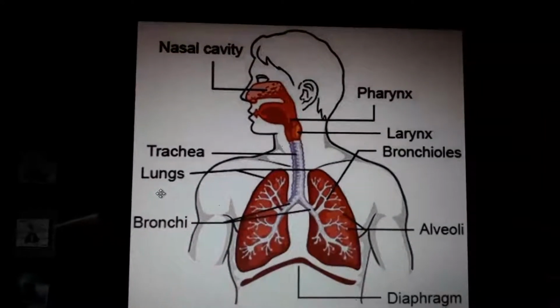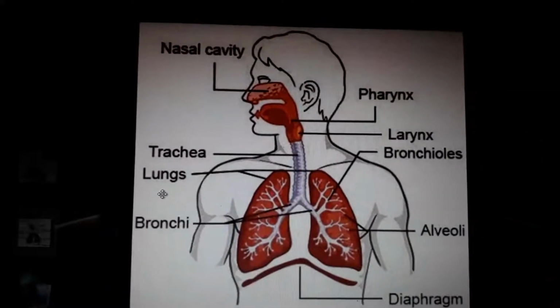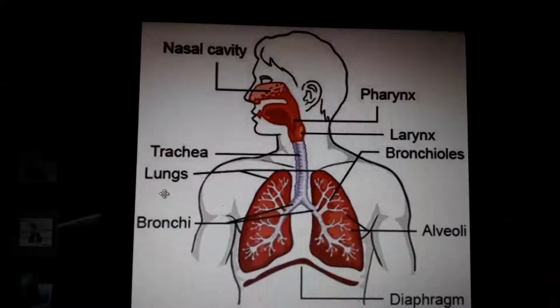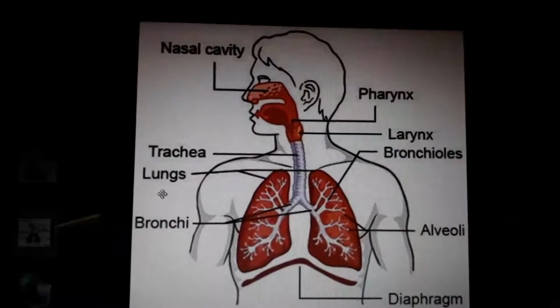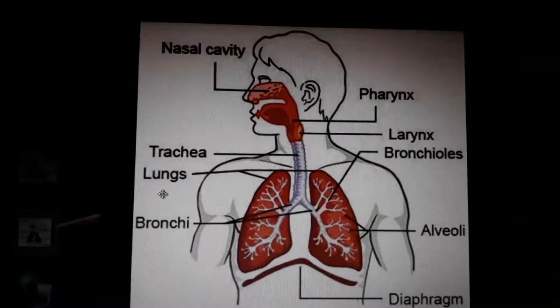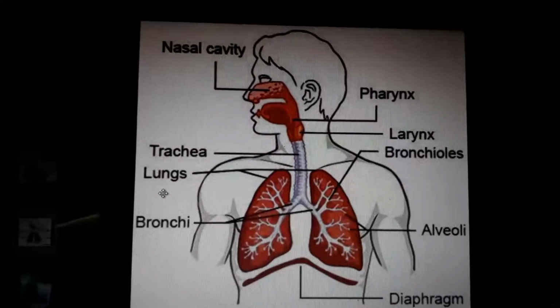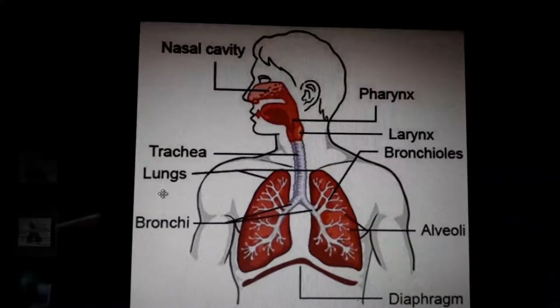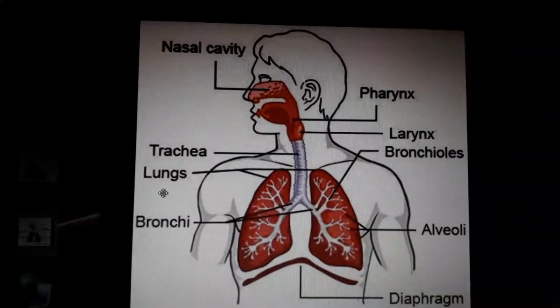This is the second part of the portion of life process called respiration. Maybe this is the second and the last part. Respiration is not that big a part like nutrition. The next part is also very easy. Transportation is very easy. You only have to study the structure of the heart, and excretion is even easier than that. During digestion there are a lot of new words, but here not that much.